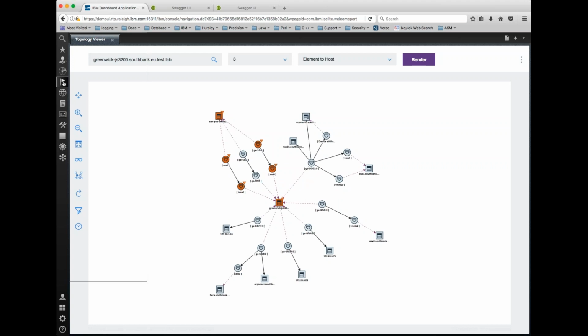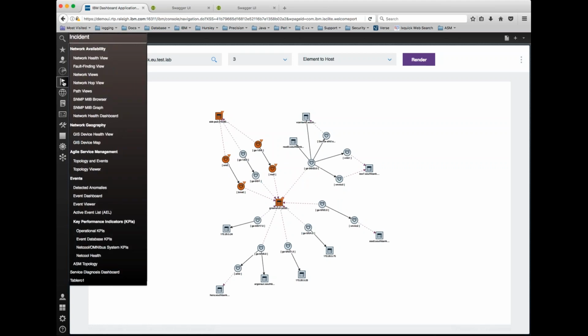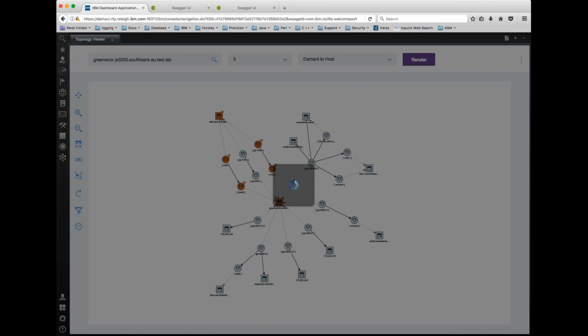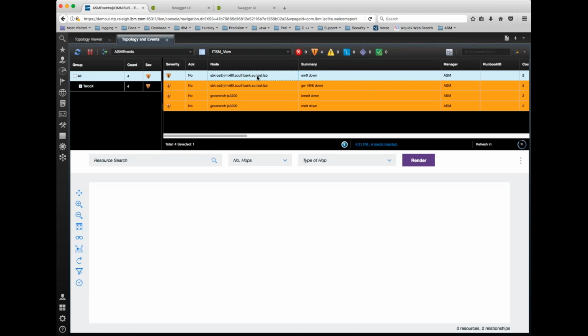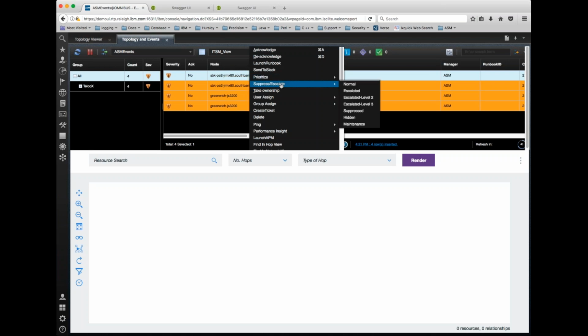So this is all GA code. Oh, sorry, the bottom post beta. But this view, you won't get this out of the box with ASM, but you can configure an events portlet and the topology viewer portlet. You can configure them together in the same dash panel, and then there's some right-click tools which can get added